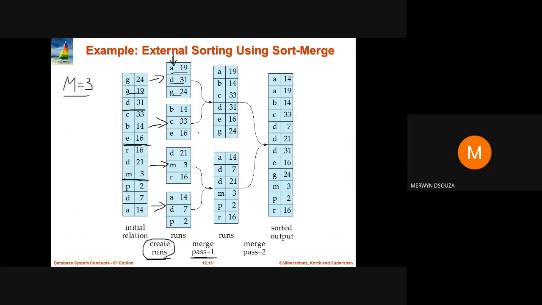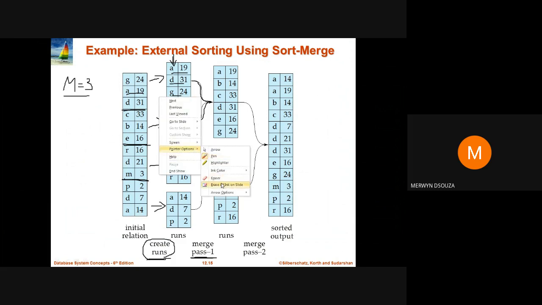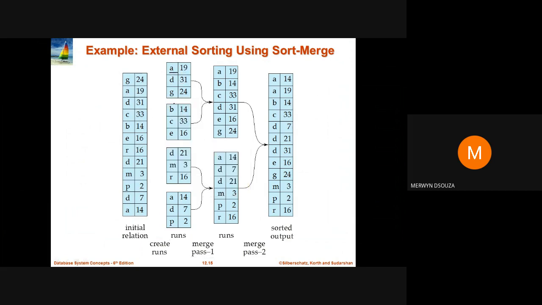Okay, so we merge the first two like this. First we fetch the first two values. Let me just rub this off. We fetch A and we fetch B into memory. We compare which is in the proper sorted order and we write to the buffer. So A is written. Let me call this 1 and this 2. I picked up A from 1 and B from 2.